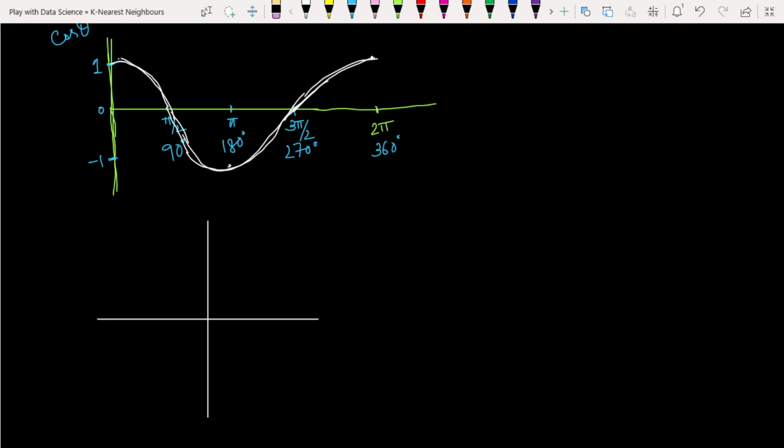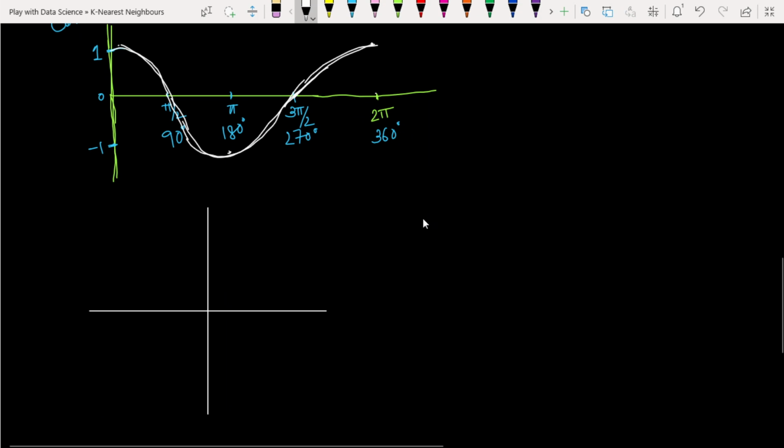Suppose this is our features 1 vector, and this is our features 2 vector. I am comparing these two pictures side by side, then you can understand the things more clearly. Suppose here we have one point